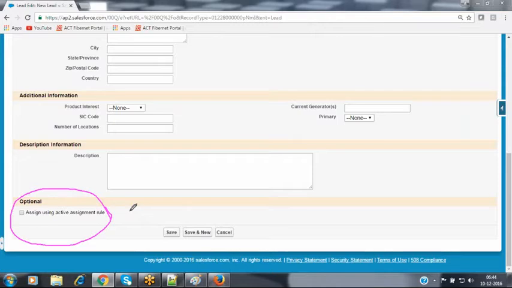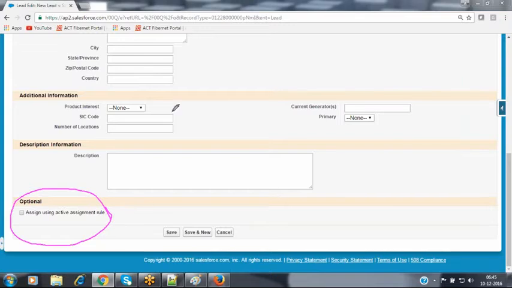But when coming to web to lead, we don't have this option. We don't have this checkbox placed on the web to lead form. Then in this kind of scenario, what happens? Whenever you configure web to lead, by default Salesforce executes the assignment rules. This point is very important from the interview point of view also: how can we place this checkbox on the web to lead form to execute the assignment rules? Because we don't have this option there, how can we fire the assignment rules? By default, for web to lead records, Salesforce fires the assignment rules.